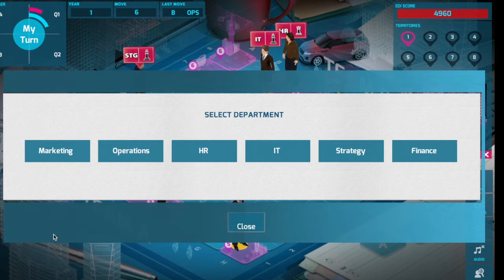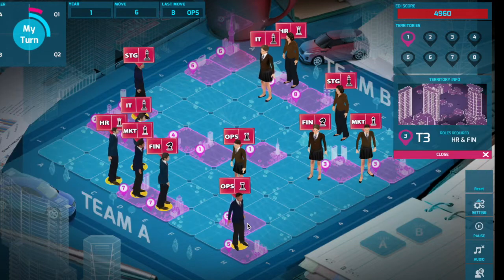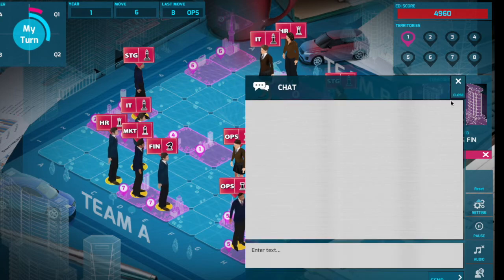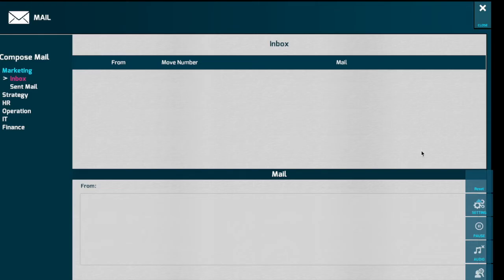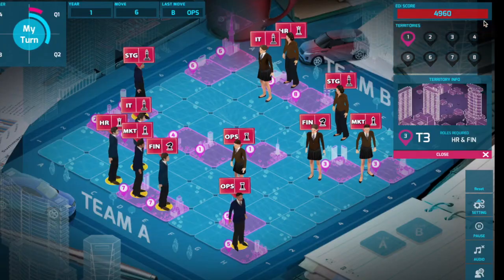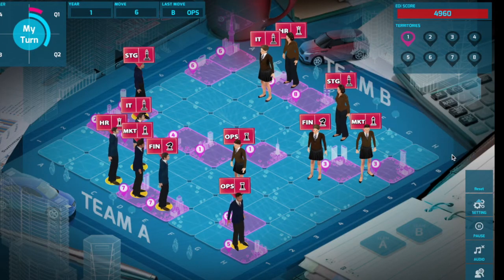The finance department would need to manage capital and be in a position to raise capital. The IT department would be in a position to implement various IT programs to support the business, and strategy would be in a position to expand to international markets. Based on the strategic plan that you and your team come up with, you would be in a position to actually chat or send in emails amongst each other in order to communicate your decision. While if you're sitting close to each other, you could just tap on your friend to